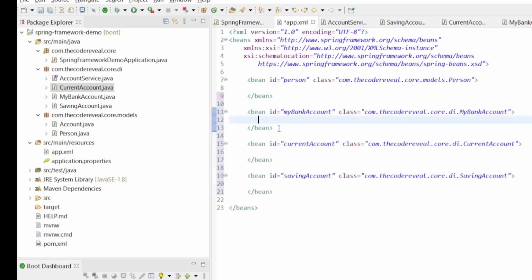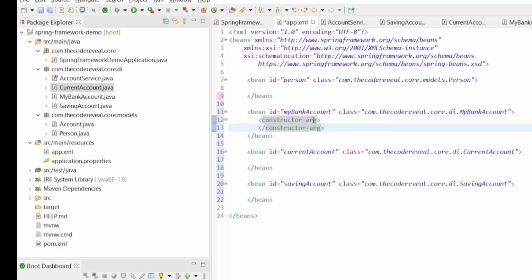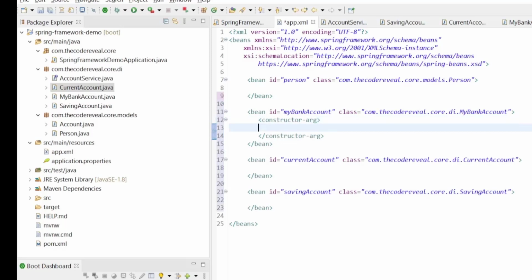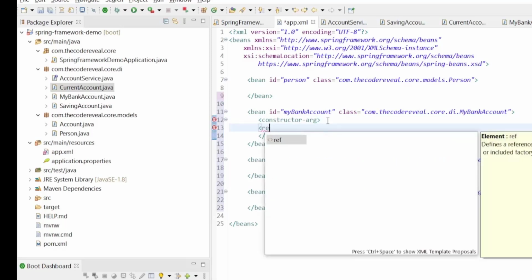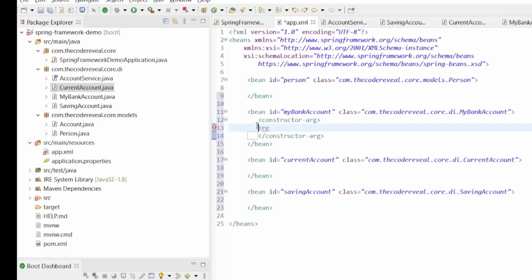Now in my bank account, we'll use constructor based dependency injection. Let's do the constructor argument, and here we have two ways we can pass. Either we can create a reference, nesting the bean in a reference here, or otherwise we can pass it directly inline in the constructor argument.